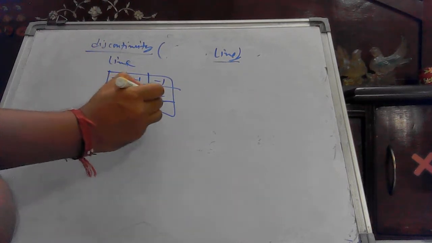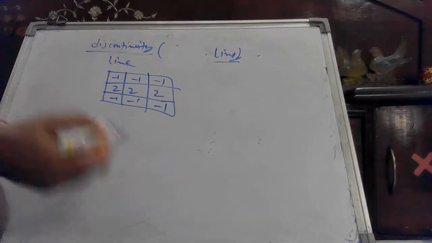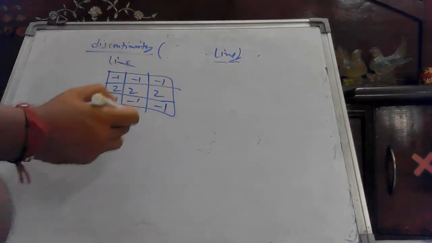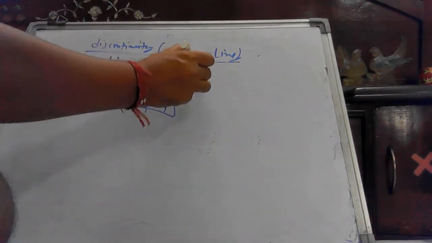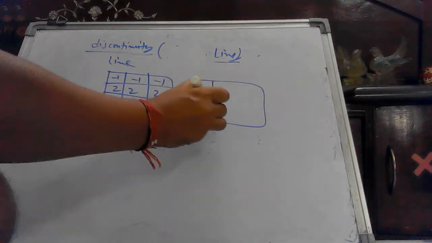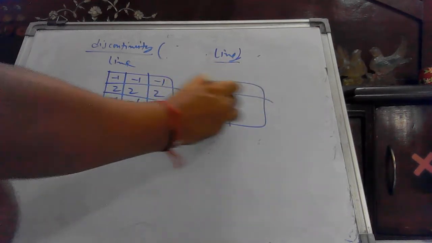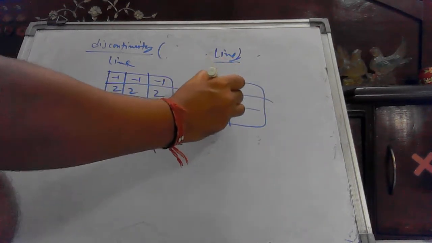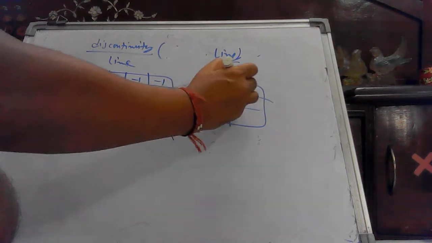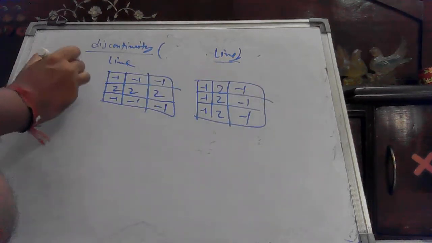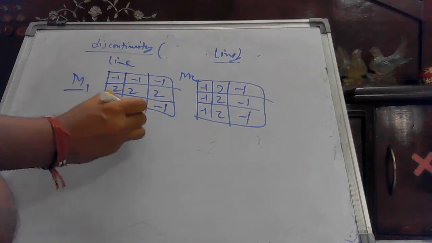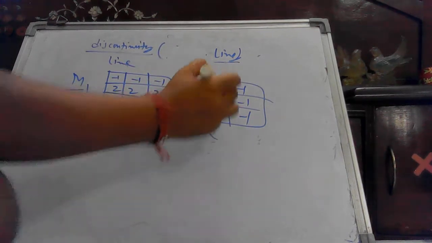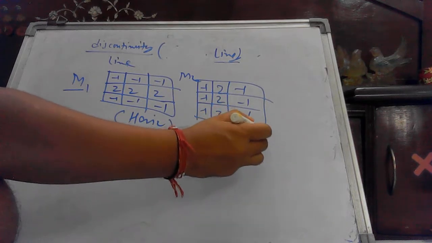You can see 6 plus 6 minus 6, the sum of all the coefficients you are getting is 0. This is all about horizontal line detection. Let's say you are detecting a vertical line, so your mask should be 2, 2, 2 in the column, and all the other pixels will be minus 1, minus 1. This I am telling about mask 1, mask 2. This is for the horizontal line. This mask will be used for the vertical line.